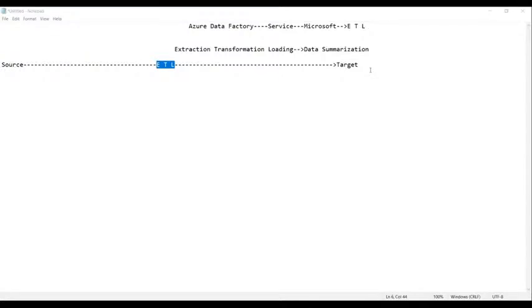So, can you see the source? What do you mean by source? Source is a starting point where we can find the information.